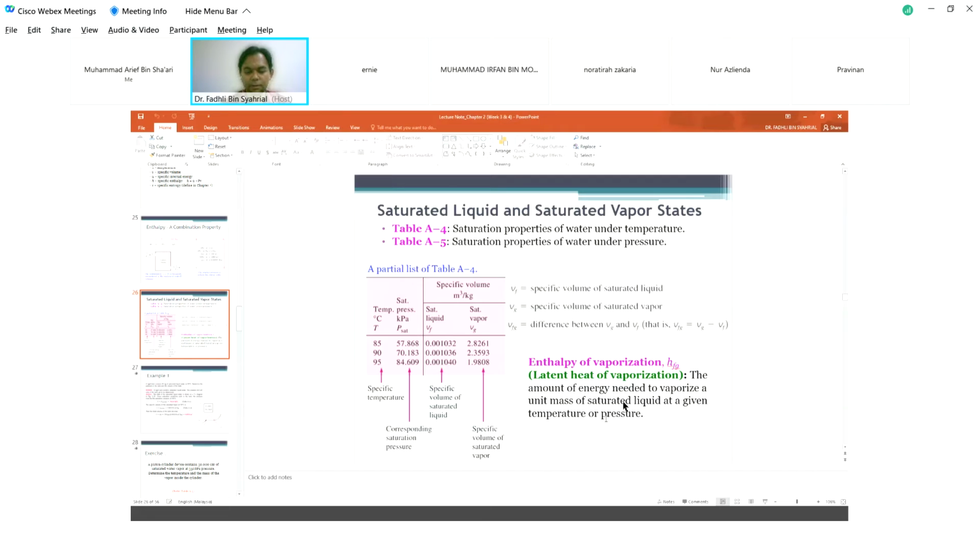Seperti yang saya telah pesan minggu lepas, pastikan setiap korang pelajar ada membawa set table booklet, download Udemy saya. Sebabnya kita akan menggunakan table tersebut sepanjang kuliah bermula daripada hari ini sehinggalah tamat semester. Okay,